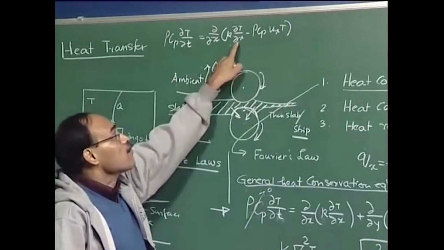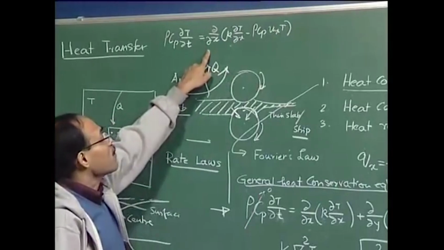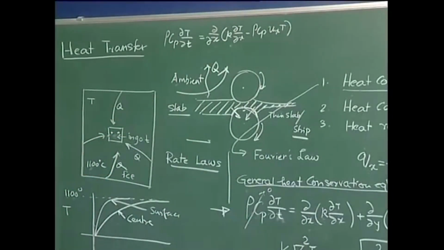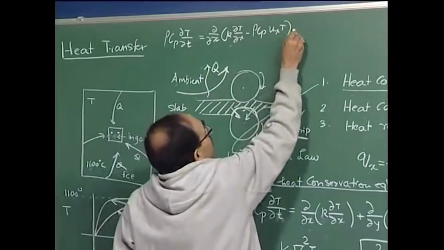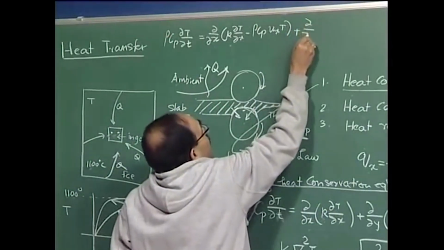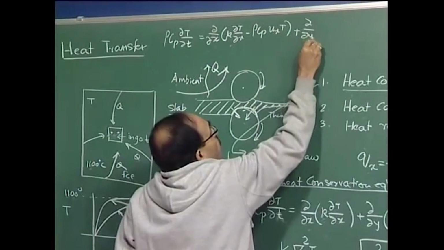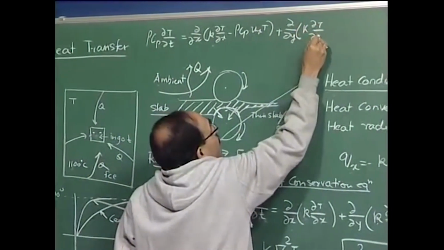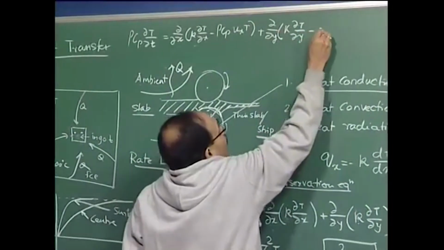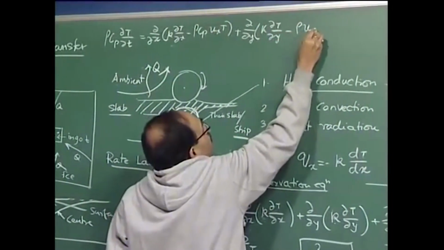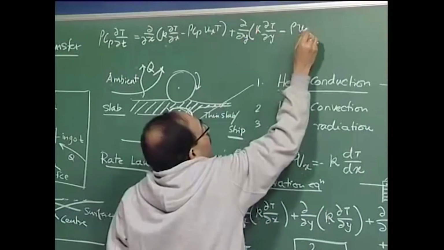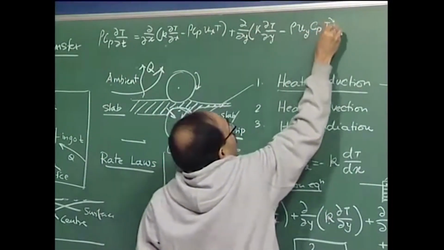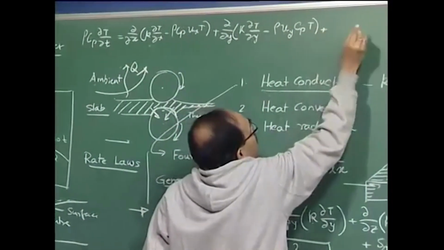This is the conduction heat flux, this is the convection heat flux, and this represents the net heat flow due to conduction along the x direction. And similarly, I can write the y direction equation. This is the conduction heat flux along the y direction, and this is now the velocity along the y direction. I should write Cp also, and then T, and then I have the z direction flux, and then I have